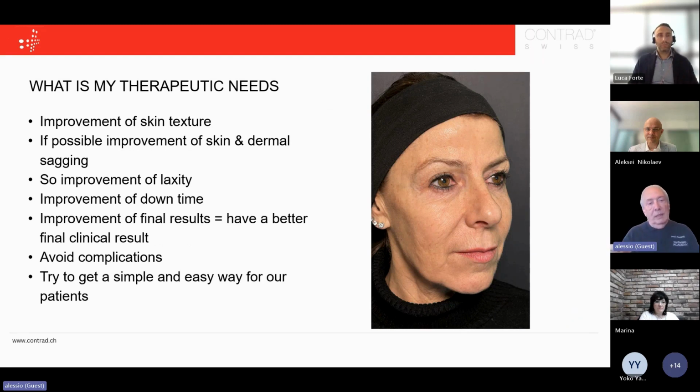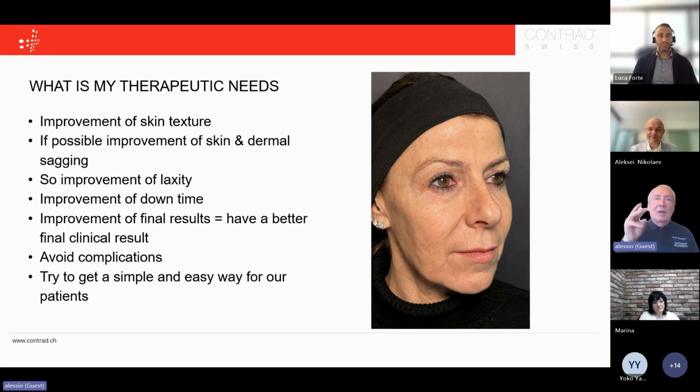We all know that we have some therapeutic needs, such as the improvement of skin texture. This is one of my patients, and she has helped me many times. I know this lady very, very well. She asked me about this light sagging that you can see in the mandibular edge. What can we use? We can use, of course, threading, botulinum toxin, fillers, but laser for sure, fractional laser, which she did just after